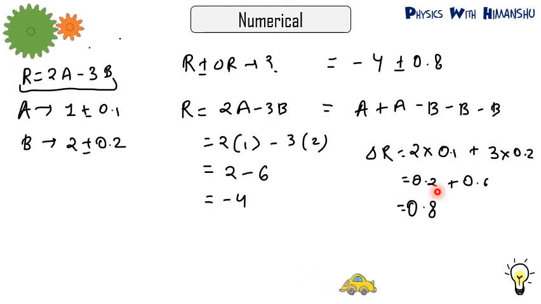So what you have to remember is, either in addition or subtraction, how will you find the value? The value can be found out with the help of the formula given. But errors will always get added up of all the quantities because we are trying to find the maximum value of error that can be there in a measurement. So you have to revise this topic today: error, error in addition, error in subtraction, how error is related to least count. More the least count, more will be the error.